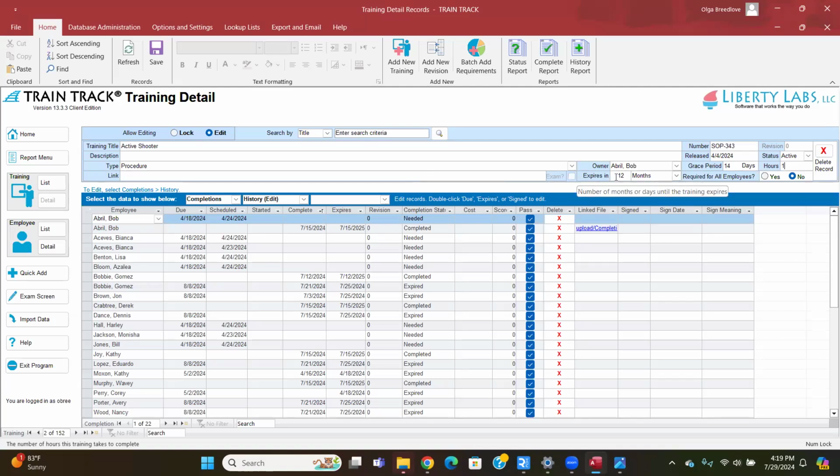You can also have a training expire in a certain number of months or days, or you can leave this field blank, and then the training will not expire unless you add an expiration period later, or if you add a new revision and indicate that retraining is required. All the information down below will relate to the training